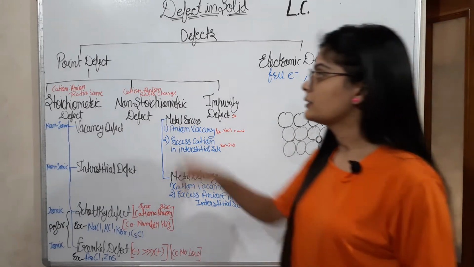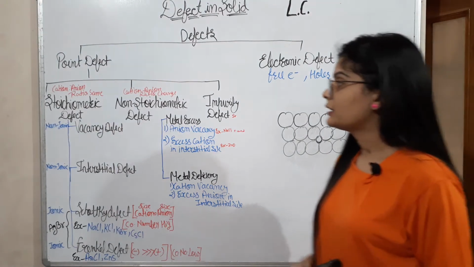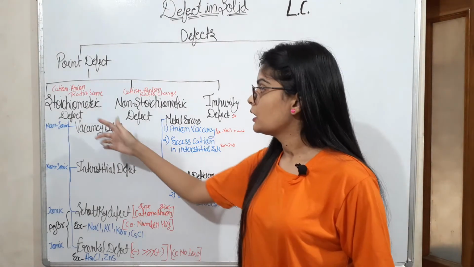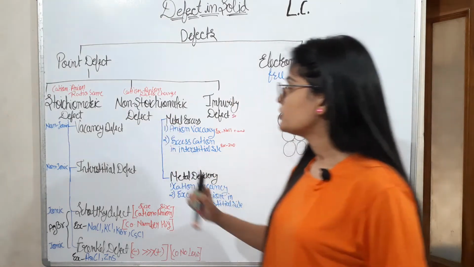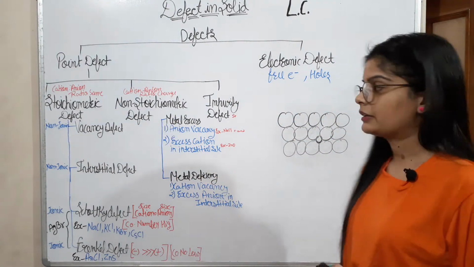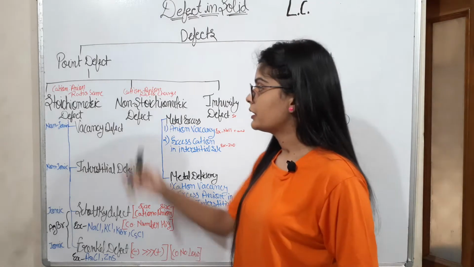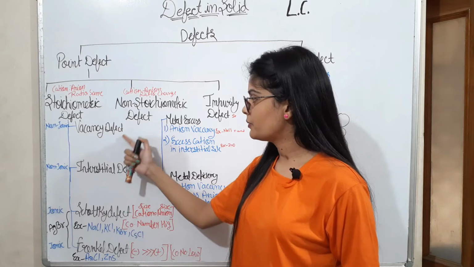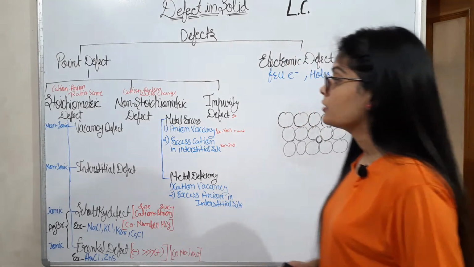Okay, so next, point defect. Point defect is also known as atomic defect. There are three types: first of all, stoichiometric defect, non-stoichiometric defect, and impurity defect. In stoichiometric defect, there are four types: vacancy defect, interstitial defect, Schottky defect, and Frenkel defect. So in vacancy defect,